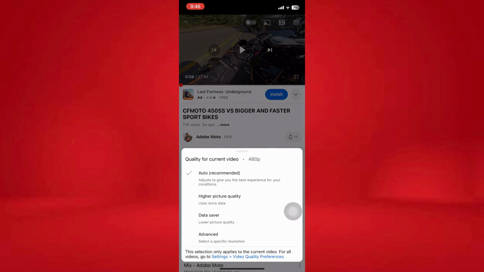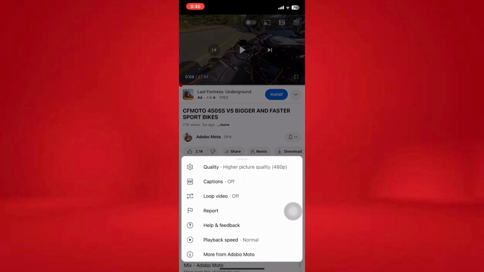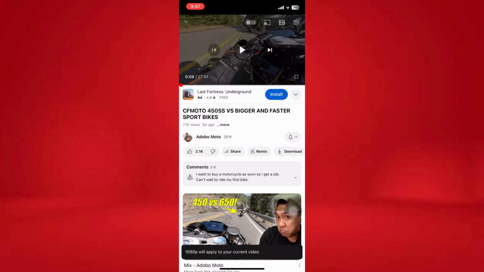So you can say on here, auto higher picture quality. I can tap on that and then I can tap the gear icon again. So it doesn't always switch you over to the highest resolution. And then here, let's choose 1080p. That is the highest resolution. Basically, all you have to do is switch over to that and you can see the video in the highest